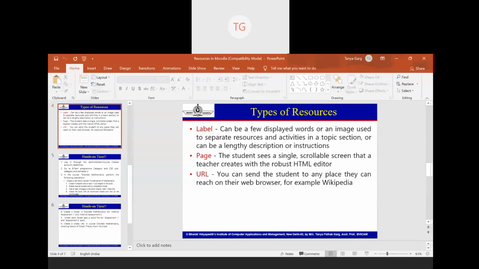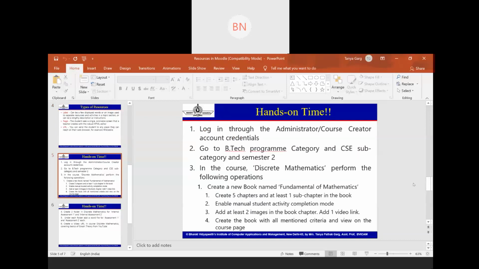If not, I am opening it up on the screen here. There is this hands-on which is mentioned in my PPT. Either you can access this from the PPTs that are shared with you, it's the same, or probably I can share the file.